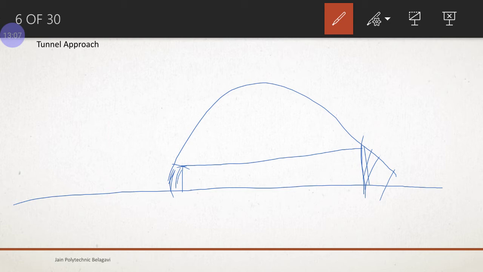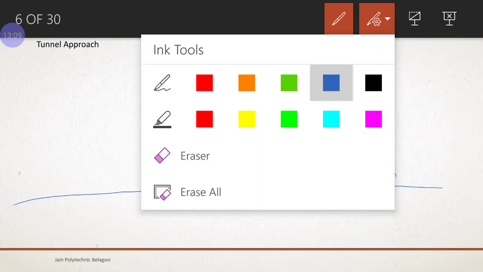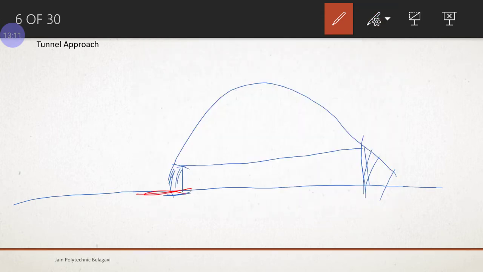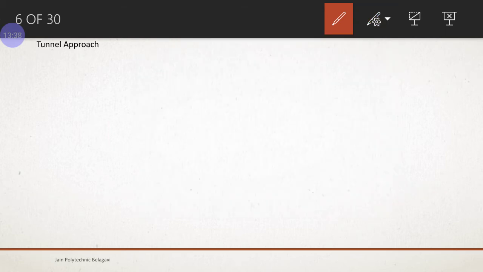So that cut portion that you're going to do, at the entrance and the exit of the tunnels, before the entry and after the exit, whatever the portions are there, you're going to approach. That approach is called tunnel approach. You are approaching the tunnel. The way or the passage through which you're going into the tunnel is called a tunnel approach. I will tell you the example once more.